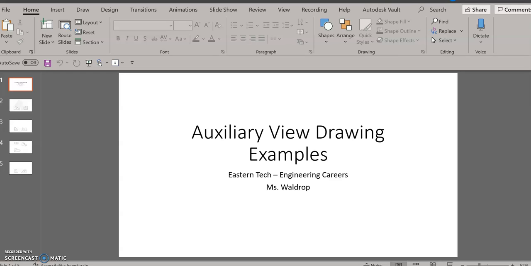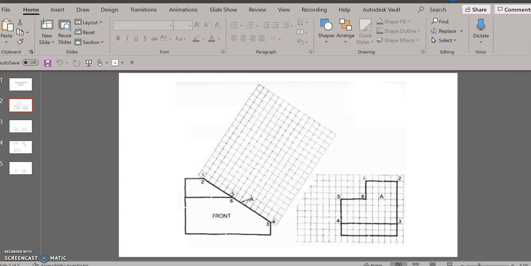Okay, what we're going to work on today is some examples of auxiliary view drawing sketches. I've got some drawings that we're going to look at, and we're going to sketch the auxiliary views for you. The first example we have is this block with an L-shaped cutout, and you can see the L shape is